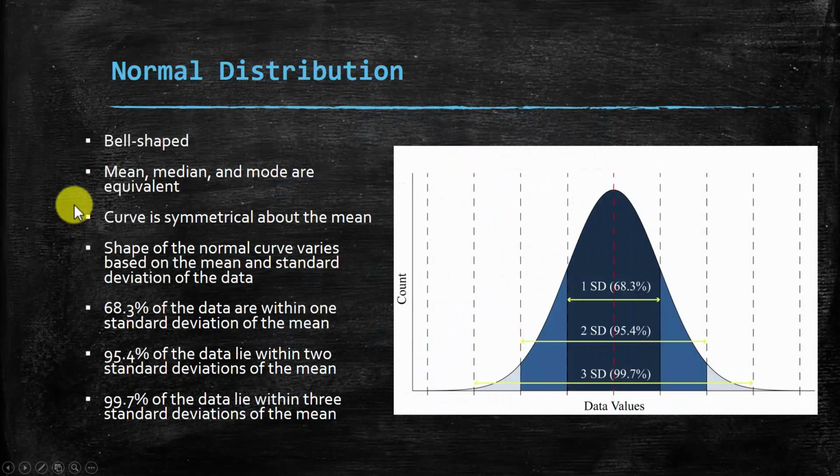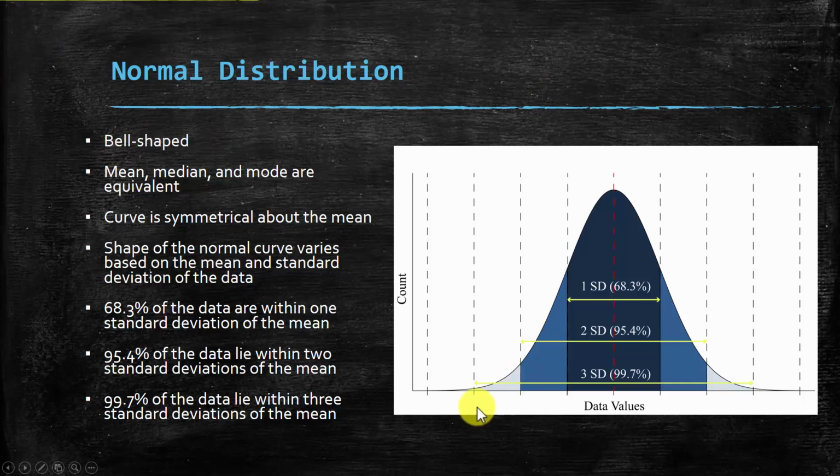One component of talking about data distribution is that sometimes we want to compare our data to a theoretical or standard distribution. One common distribution that we use is what's known as the normal distribution. So here are the characteristics of a normal distribution. First off,